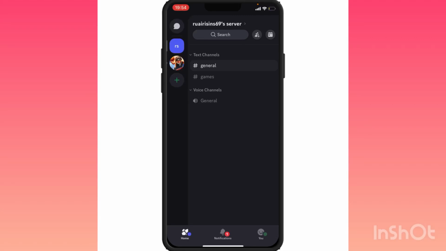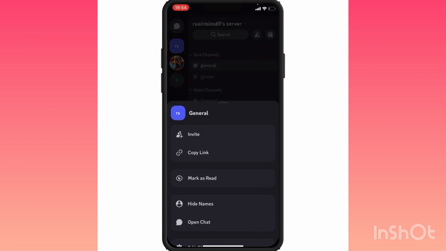In this video, I'll show you how to lock a voice channel on Discord mobile. So if you wanted to make a voice channel inaccessible for whatever reason to the server members, then this is how you do it. So press and hold on the voice channel that you want to lock, and this menu